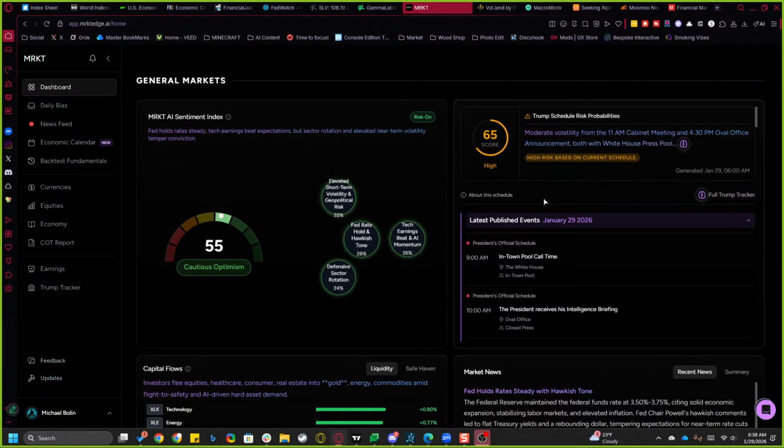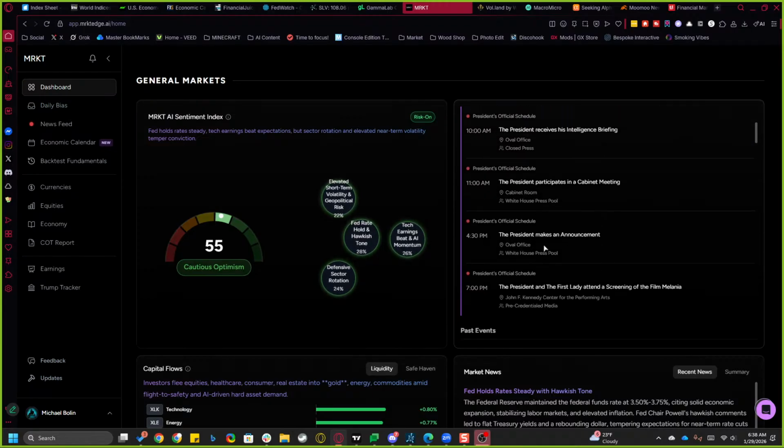All right, coming out of the White House today, we got a high risk for this schedule. We were talking about how the afternoon seemed pretty clear. Yeah, until 4:30. So after the market closes, the president's going to make an announcement. We could see something happen around the cabinet meeting. I don't know how much risk this has, but it does line up with auctions that we have through that 11 and 11:30 time frame. It's still part of the morning session of events that are going to be happening. So I won't count that as part of the afternoon anyways.